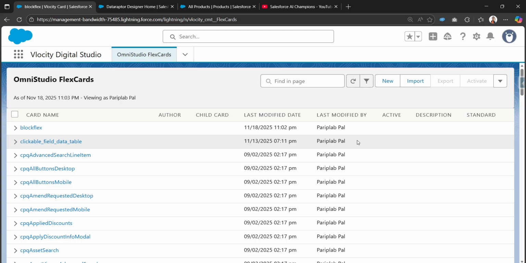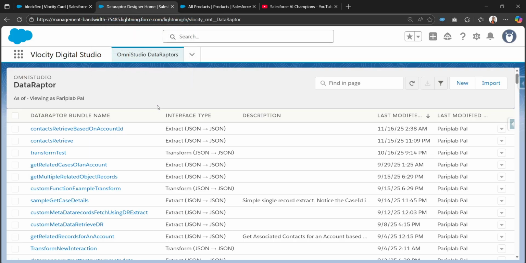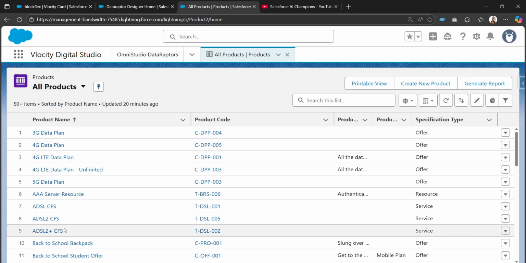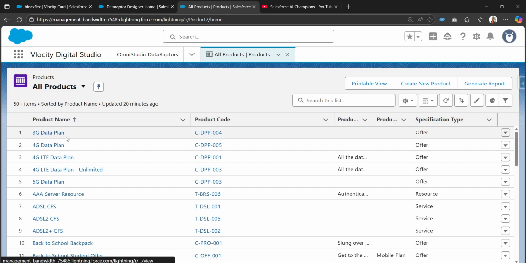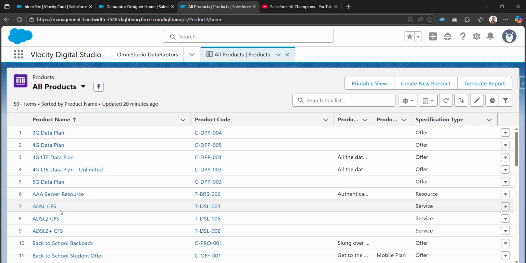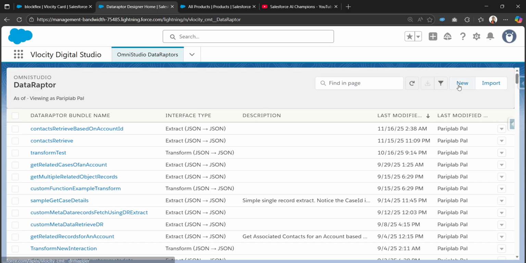So for the FlexCard, I'll be using DataRaptor extract as a data source. Before creating the FlexCard, I'll be creating a simple data mapper or DataRaptor extract that will fetch product records. I have several product records in my org regarding these data plans of mobile. So I'll be retrieving those few product records in the data mapper extract, and I'll be using the product